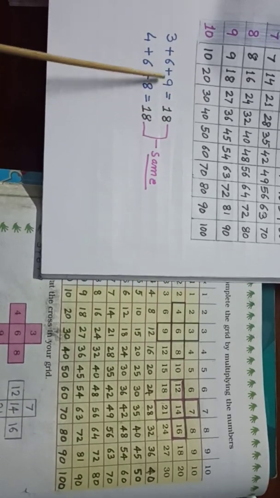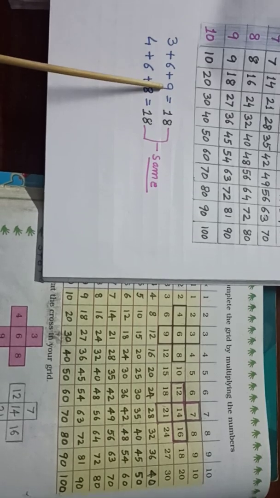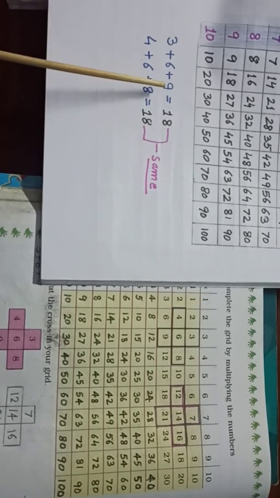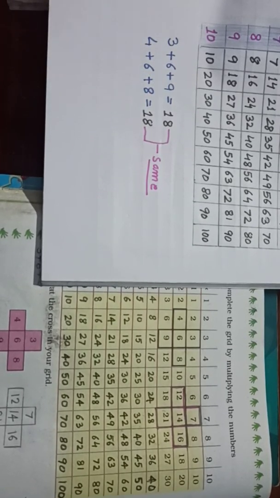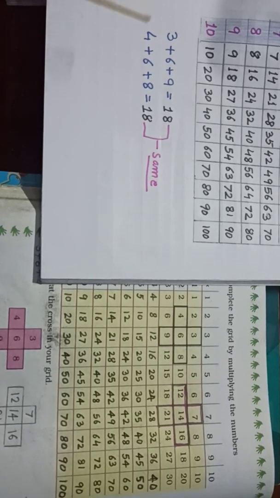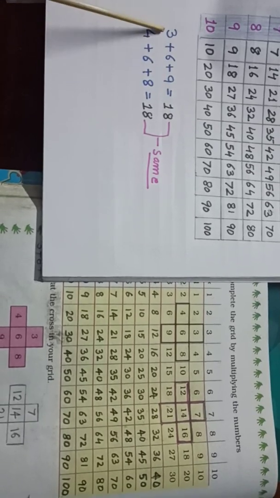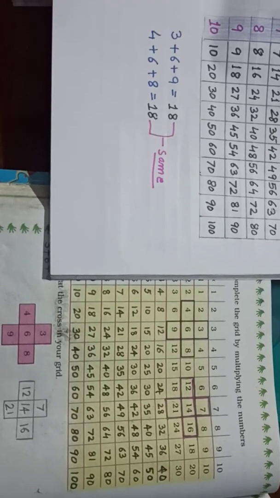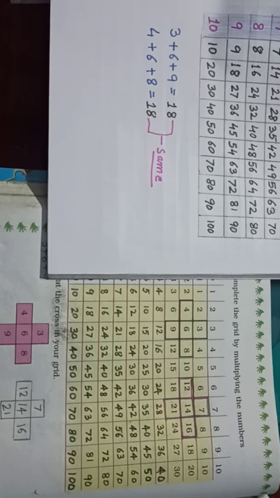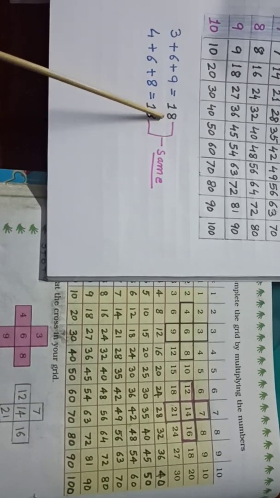You can add this way. Here the biggest number is 9. So keep 9 in your mind. And 6 keep on fingers. So count after 9: 10, 11, 12, 13, 14 and 15. Then we get 15 and again we add 3. So count after 15: 16, 17 and 18. So this way you can count.